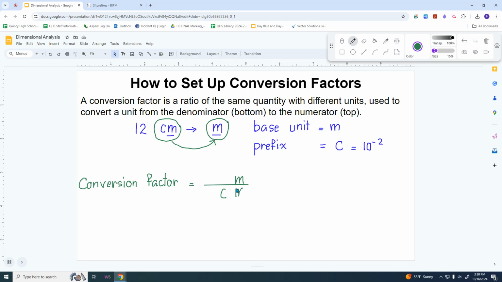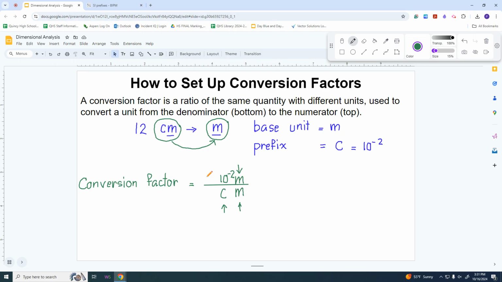Now I wrote cm a little separate because I want a little more space. You can see that meter and meter, okay, they look the same, the letter M. So c must have something on the top that is the same, and we know that c equals 10 to the negative 2. If you can work until this point, you kind of understand it now.